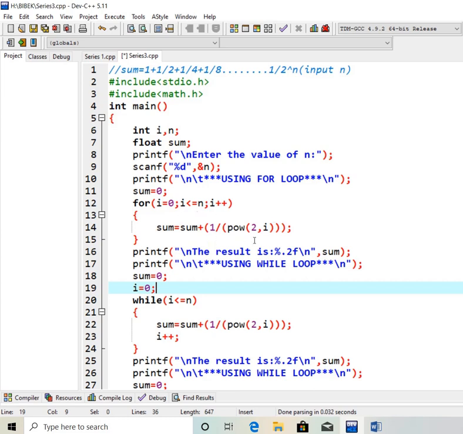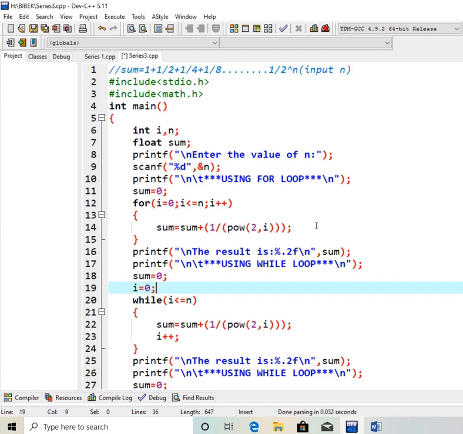So after executing this loop the value of I is n plus 1, and the value of sum is the total sum up to the value of n in this series. If I am taking the value of n as 3, this result will be the final value of sum.